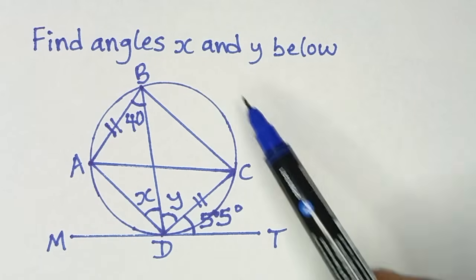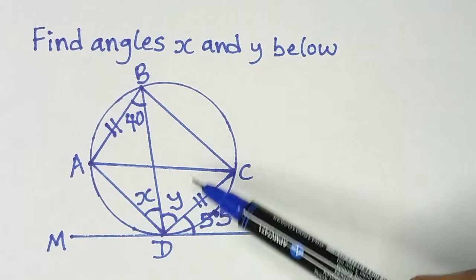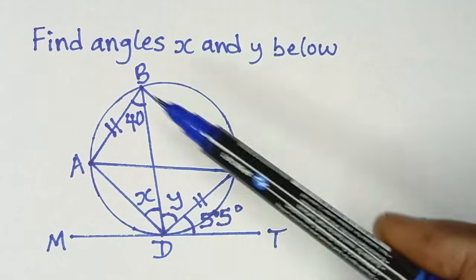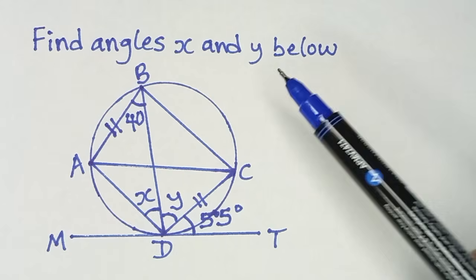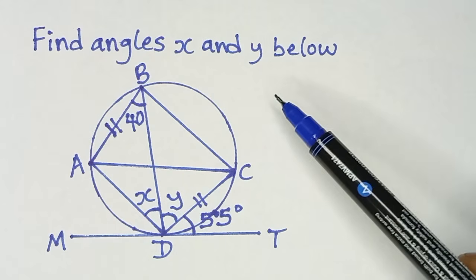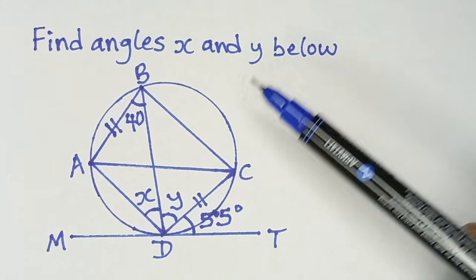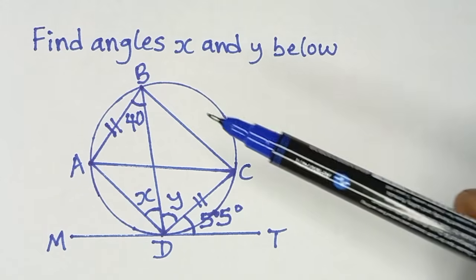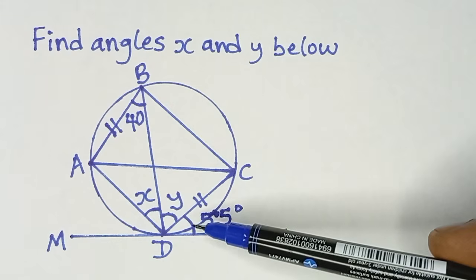In this circle geometry question, it is possible to use only 2 circle theorems to solve it. But I would like to apply 3 circle theorems so that you can learn 3 circle theorems from this question. Now, the first theorem I would like us to look at here is that the angles in alternate segments are